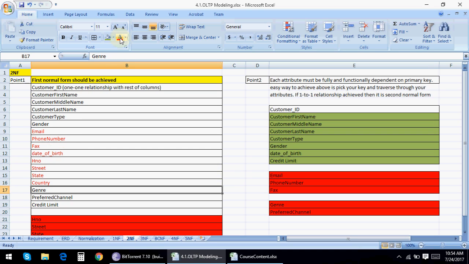One customer will have one genre as a priority? No, not necessary, because I may love rap music, and also I can love sad songs, and also I can like only music, no songs, no lyrics. So my choices may vary from time to time. So genre, again, it's not one to one.